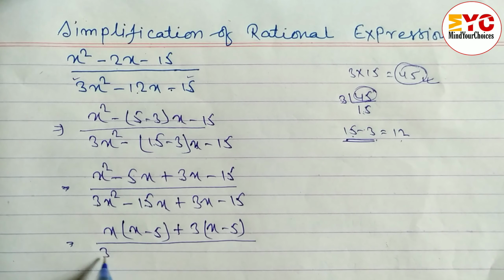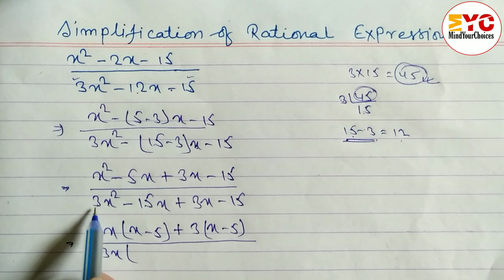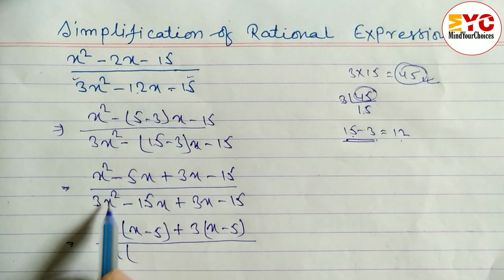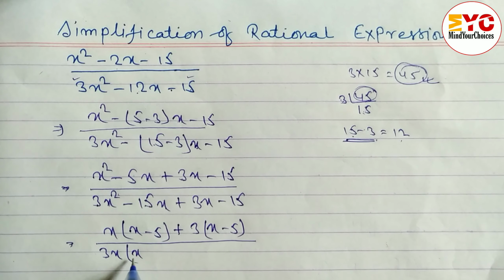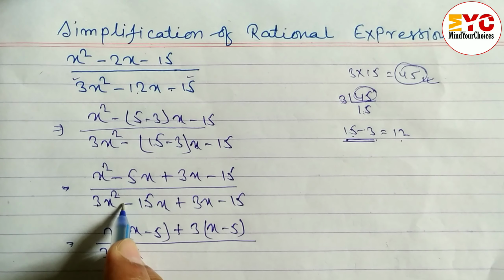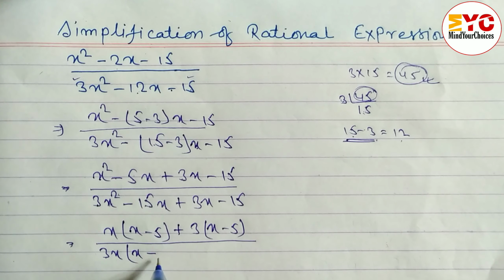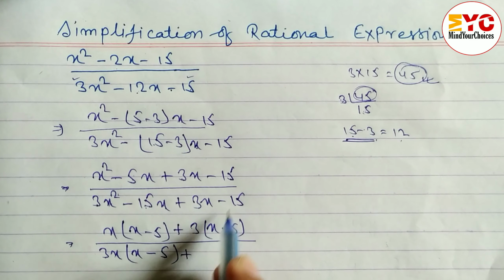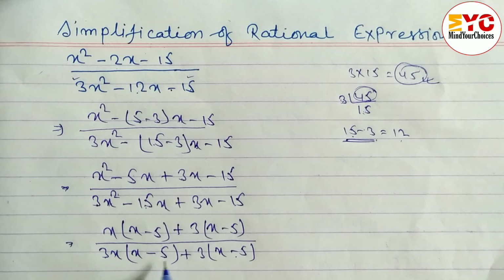So we can write here 3x is common, and what is remaining here? 3 already, which is common. From x square, x is common, so remaining is x, because x into x will be x square. Here is minus, so write minus. 3 into which number will be 15? 3 5s are 15, x which is already common, plus 3 and 15 common is 3, remaining x minus 5. One thing you have to keep in mind, this and this are always the same. If not the same, you made a mistake in the factorization.